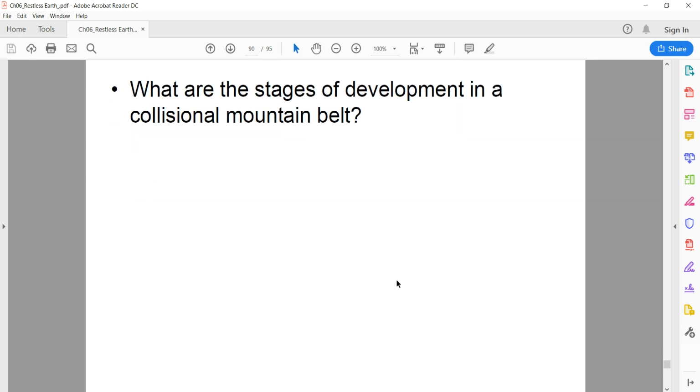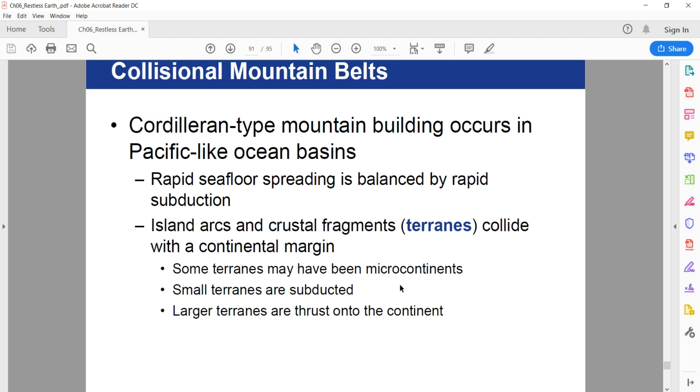Now the second one is what are the stages of development in a collisional mountain belt. So the second type of mountain belt that we will see are collisional mountain belts, where again the oceanic plate is colliding against continental plate, and then there's a slight difference between these two collisions. The one that we just saw in the Andean